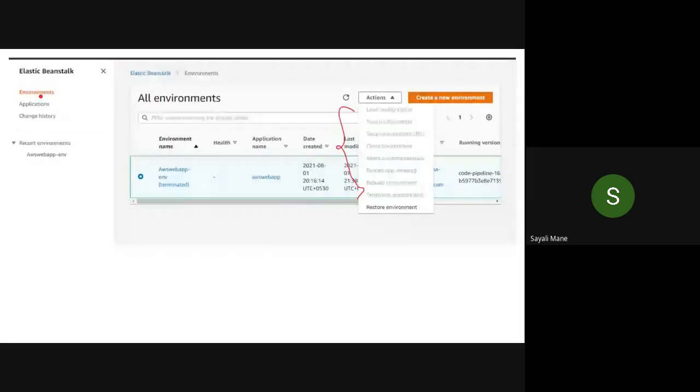Now see here, click on the environment again. Then select your environment name and just check. All these options are disabled. It means that you have successfully terminated the environment. If you want to recheck it, restore environment means what? If you want to work again, then you can go for the restore environment. But अभी हम लोग को नहीं काम करना है. If you want to work on it, then it's okay. But if not, then simply leave it. Okay, so this is one step of rechecking it. One more step is there for rechecking it.